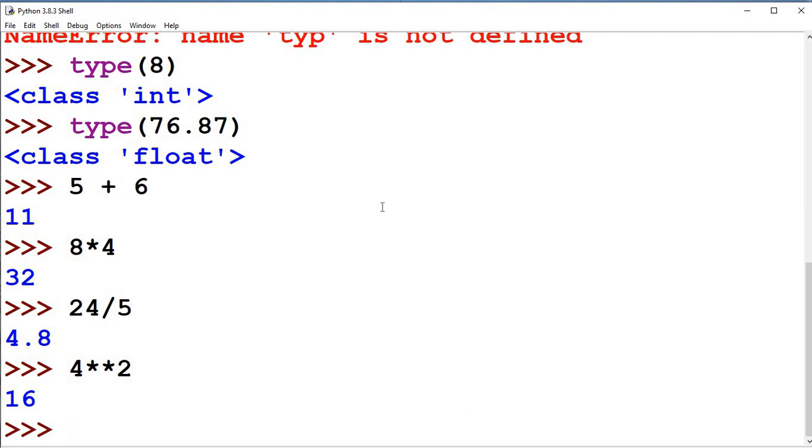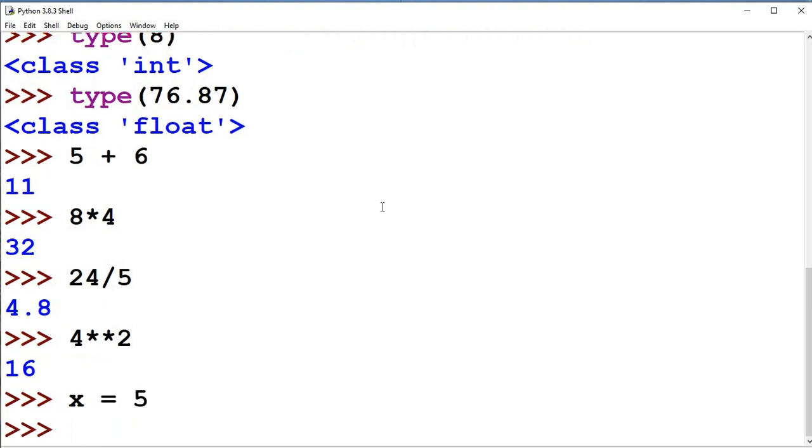Now if you write x equal to 5, what does it mean? It means you want to store the number 5 in some memory location, and you assign that memory location, that number, a symbol x. That means x is your variable.